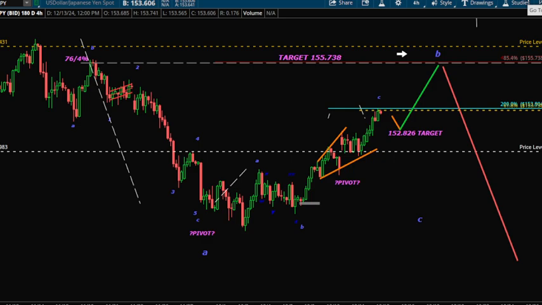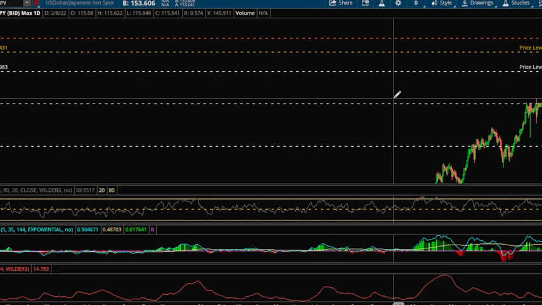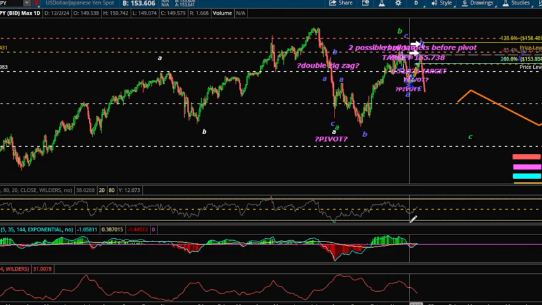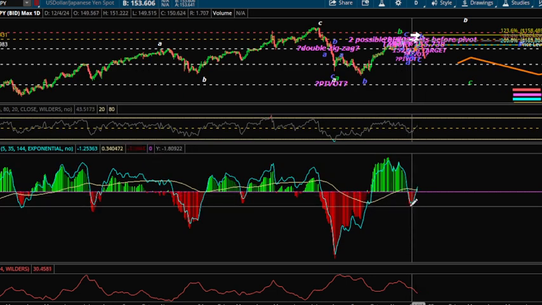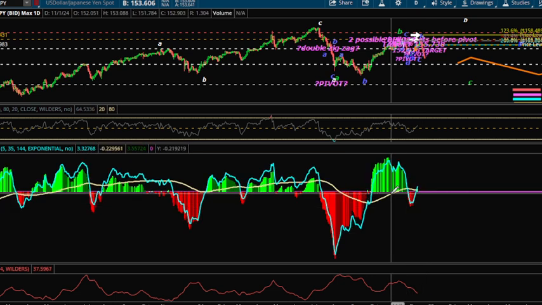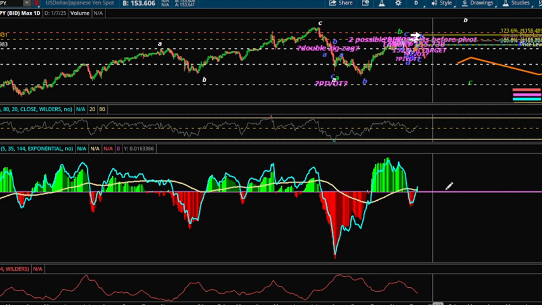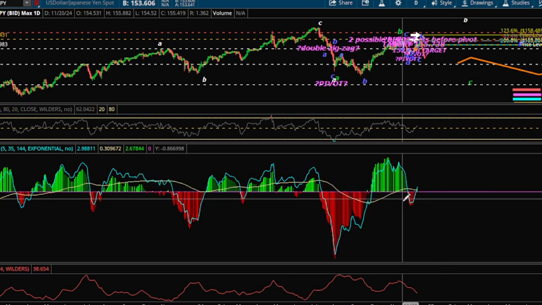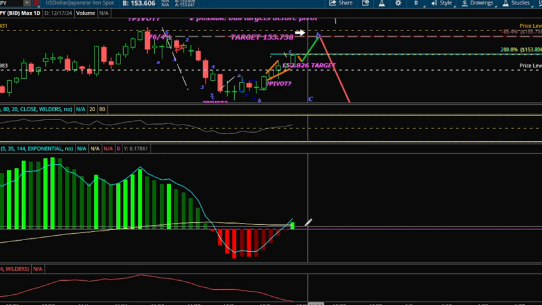I want to show you the indicators real quick. This is on the daily. I use these indicators mostly on the daily. The MACD is showing me that we are making higher highs on momentum. So it's something to look into, but our signal line is almost staying flat here. Okay, so it's just a blip right now on the bull side,